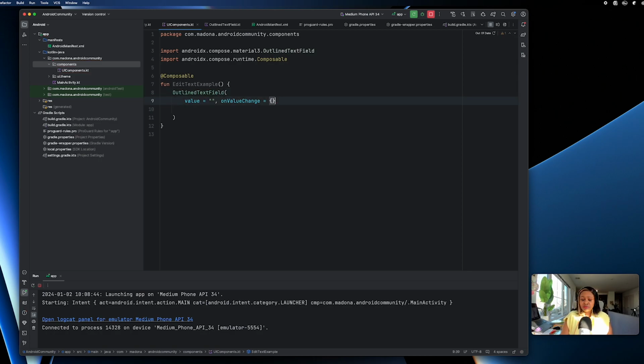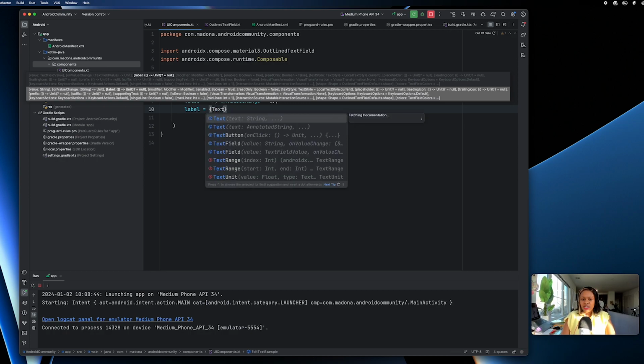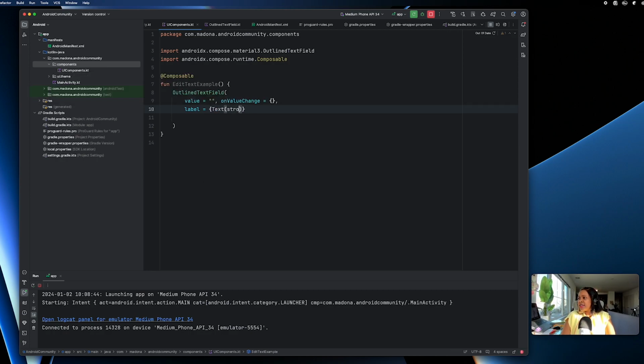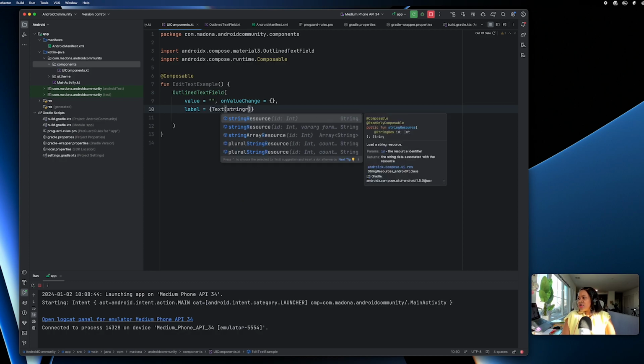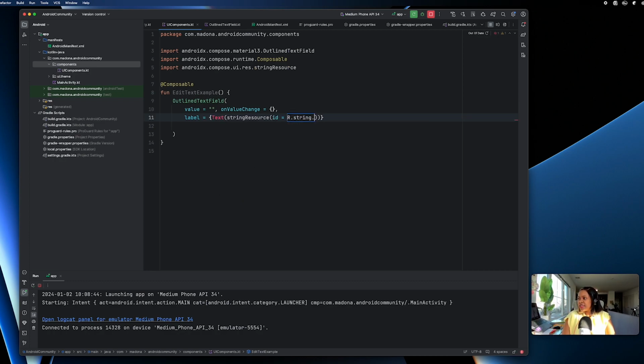So here I'm just gonna say, let me add a label, because I want it to have a label. What I mean by label is that when somebody comes and checks this particular outline text, it will have a label that will say, let's define that. So we need that, and then we can say string resource. Here we just pass in a string dot string. So let's create that sample